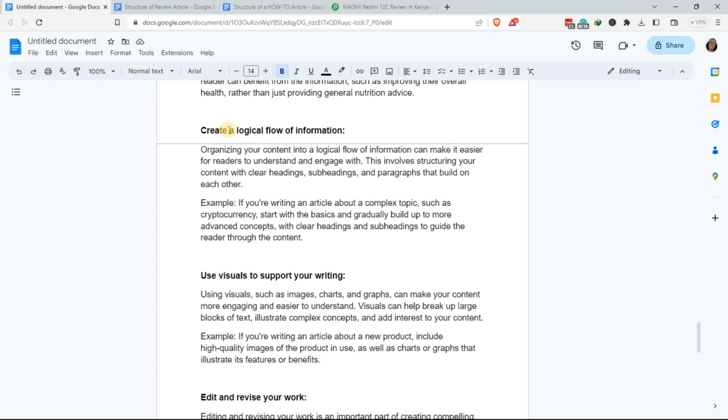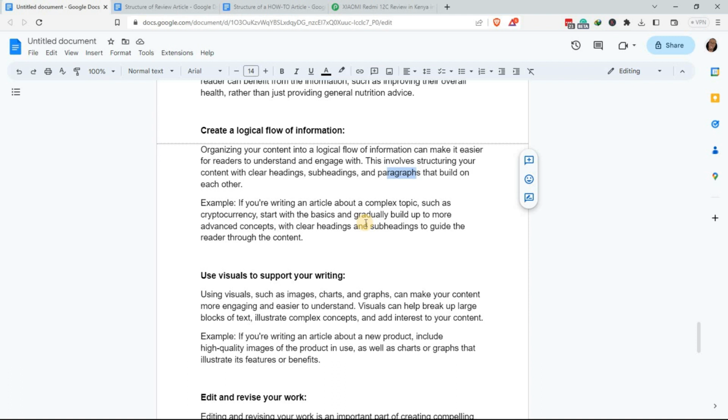Now you need to create a logical flow of information. So you need to organize your content. This makes it easier for readers to understand and engage with. Now, to do that, it involves structuring your content with clear headings, subheadings, paragraphs, and of course things that build on each other. That's why in a previous lesson I showed you how to create the content outline.